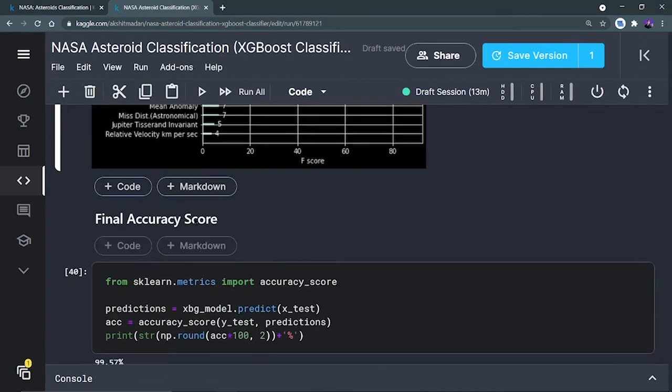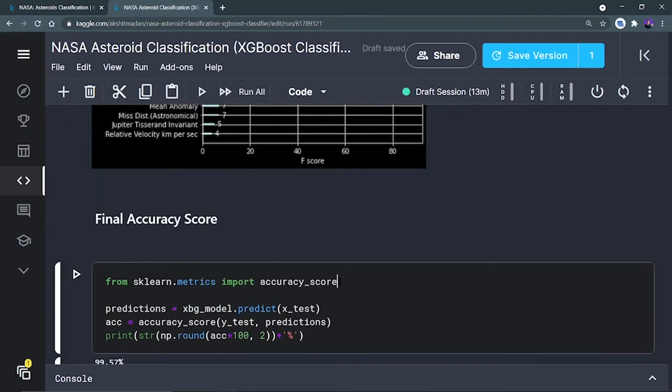Okay. Now let's print the final accuracy. So I'm going to import metrics and let's import classification report also, right? So I'm going to show the classification report also, and let's print confusion matrix also. Okay, perfect. Now I'm going to predict the values for X test.